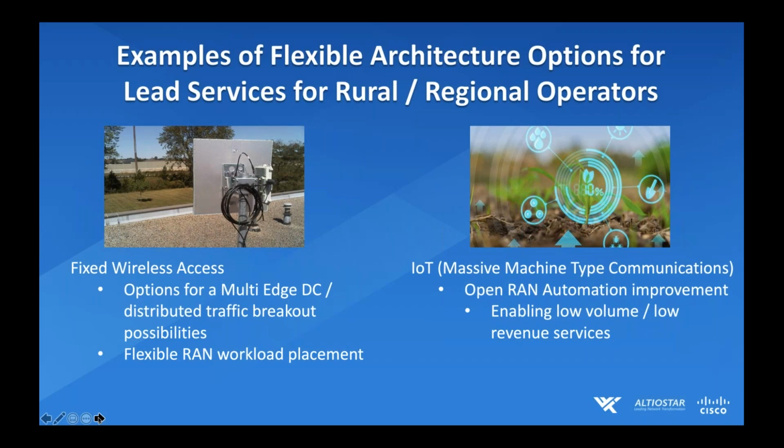That leads to some low revenue services, and how to deal with that and make that an economic proposition has always been a major challenge, and continues to be a major challenge for operators of every scale. One of the keys to enable that is the introduction of this greater level of automation that Open RAN brings to the picture, changes the equation. It's something that we examine with our partners, and we do a lot of work with our partners such as Altiostar, such as WWT, as operators start examining what are the different options that become available when we talk about flexible options of an Open RAN network.